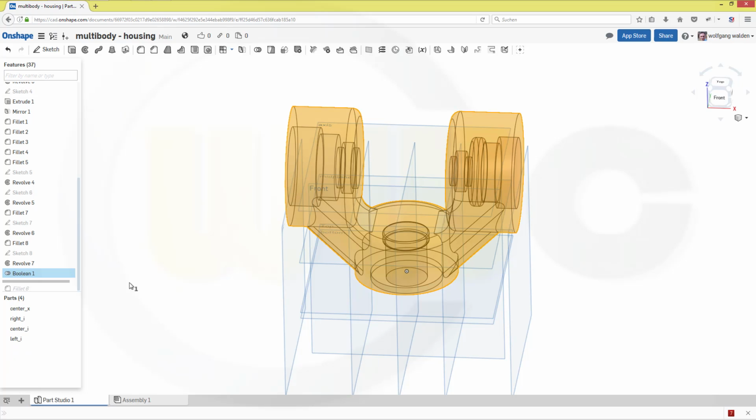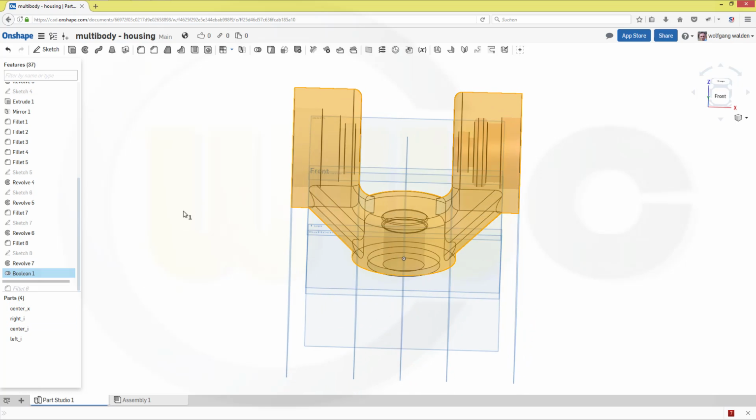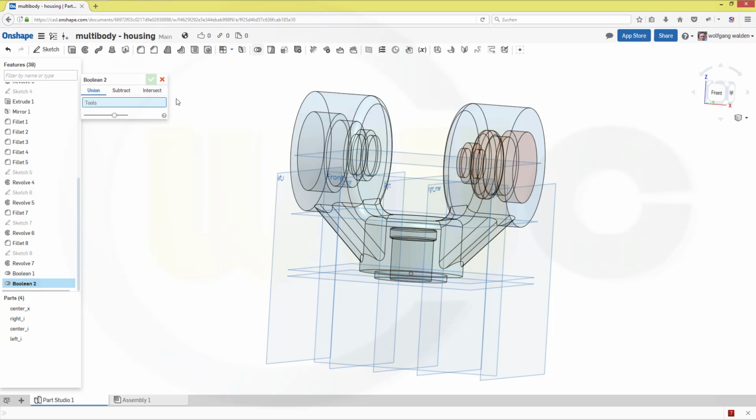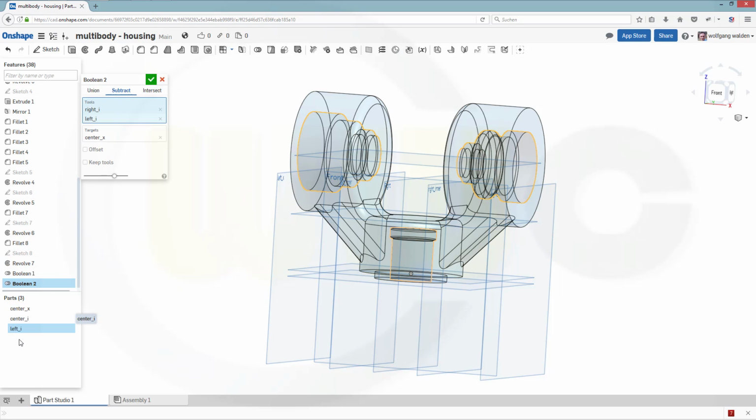Like this. So these are united, and then I will remove these three parts or bodies from that one. So go for Boolean, now make a subtract. The target is the center X, and I want to, no, that's the tools. That's strange. So the target should be the center X, and the tools should be right eye, center eye, left eye,